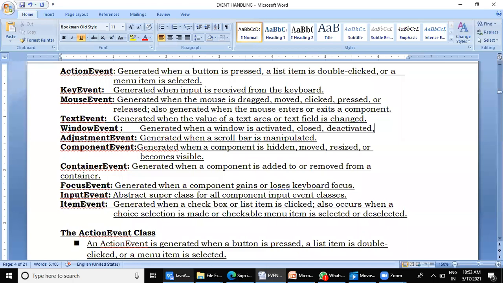So these two events are called mouse entered and mouse exited. Fine. And your Word application is already programmed for what should happen when the mouse enters the text area and when it exits the document area. We are seeing the actual live example here. So these two events are totally related to mouse event. There are 7 events. Fine. Drag, move, click, press, release, and then enter and exit. Why are these important? Because this is your first Java program related to these 7 events.